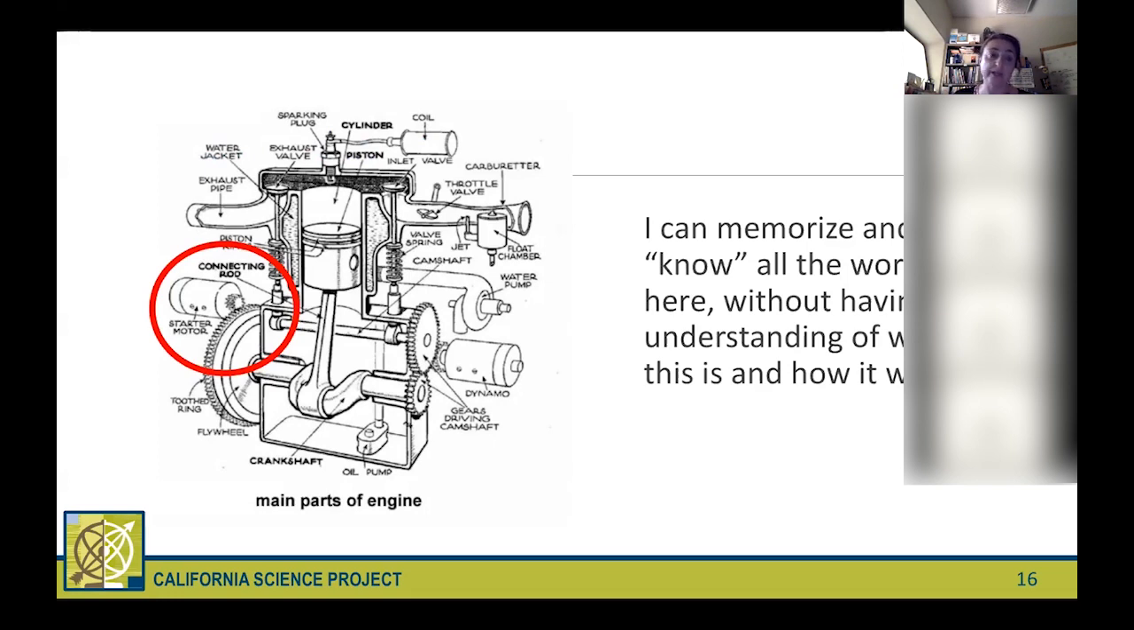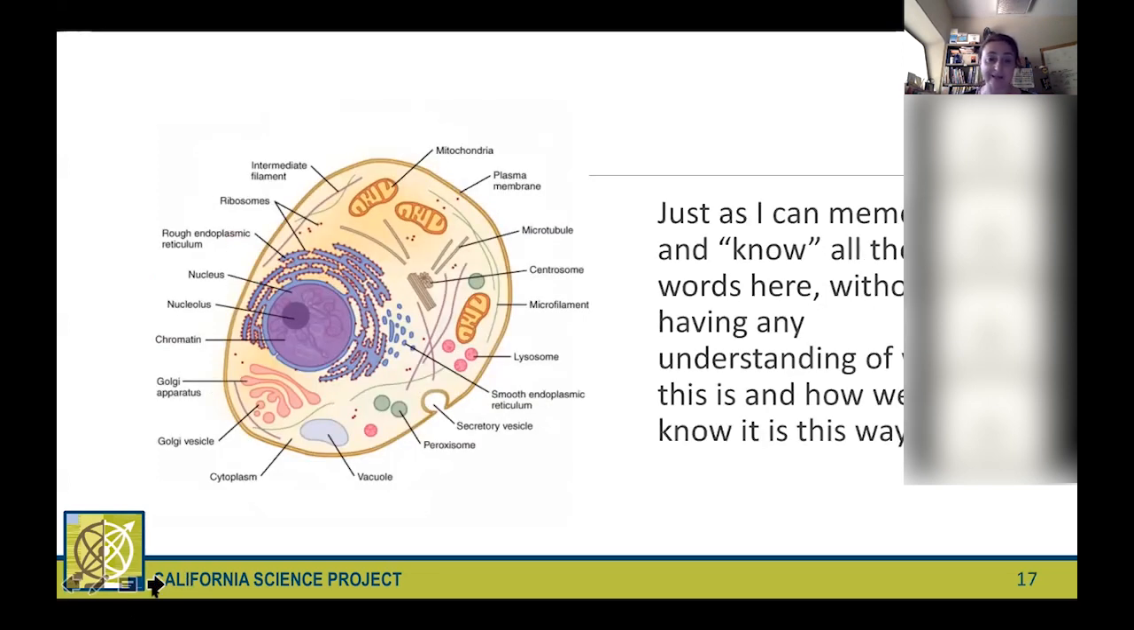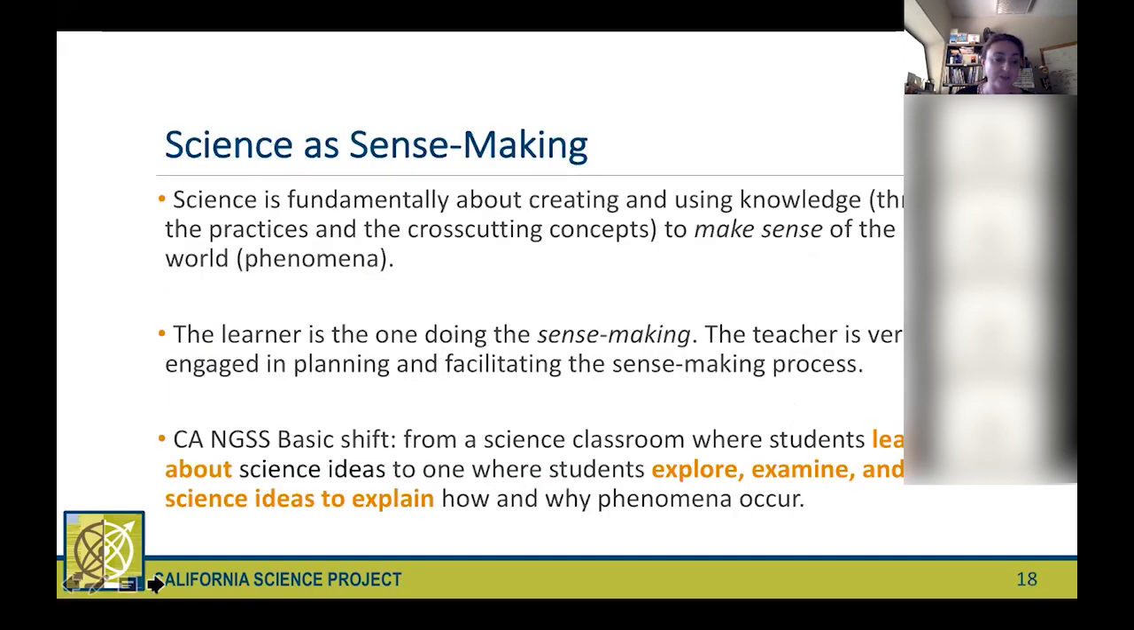And similarly, when we are thinking about a very popular life science topic like the structure of a cell, scientists have discovered all these parts, and we feel very proud when our students are able to memorize all these parts or even just part of these parts of the cell. But often the students don't understand how these parts work together, or in what way scientists figured out about these parts. So the science with the California NGSS is really about